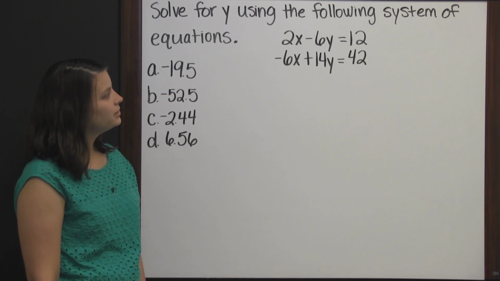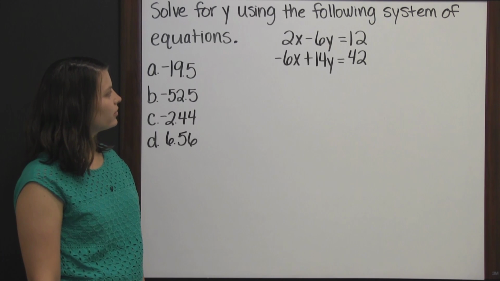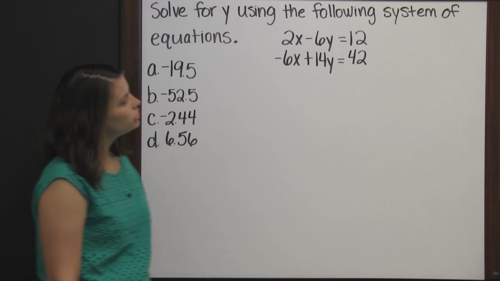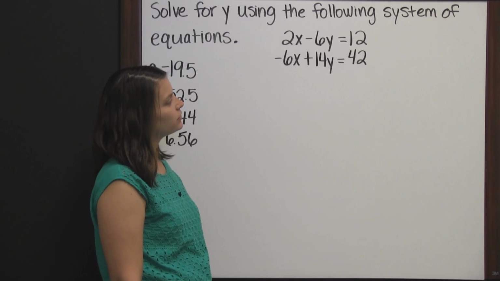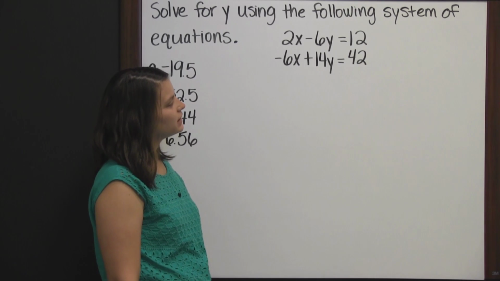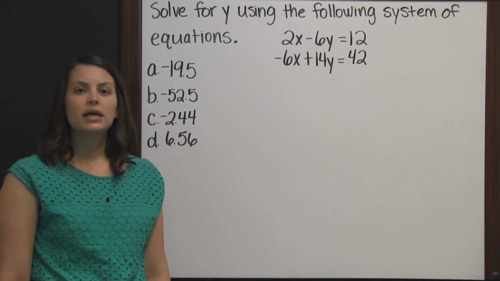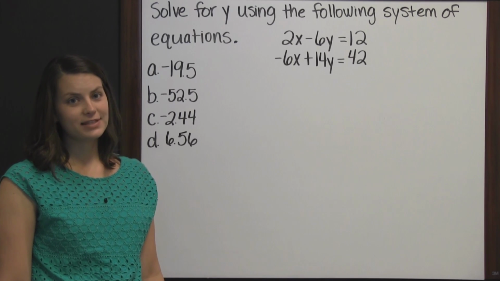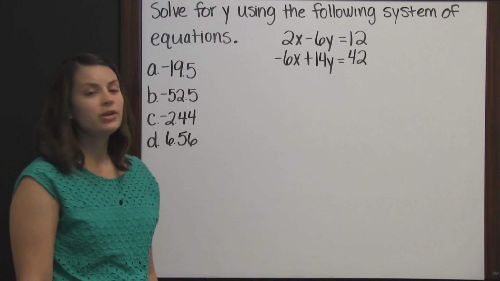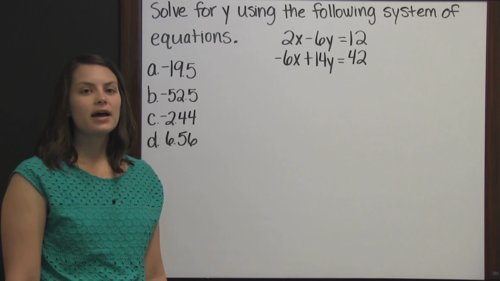Solve for y using the following system of equations. 2x minus 6y equals 12. Negative 6x plus 4y equals 42. There are several ways to solve a system of equations. What you need to keep in mind is that